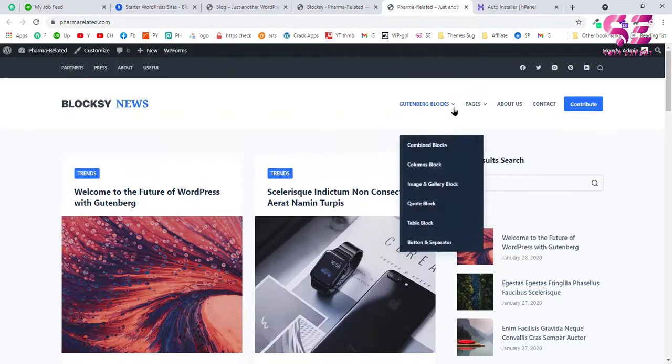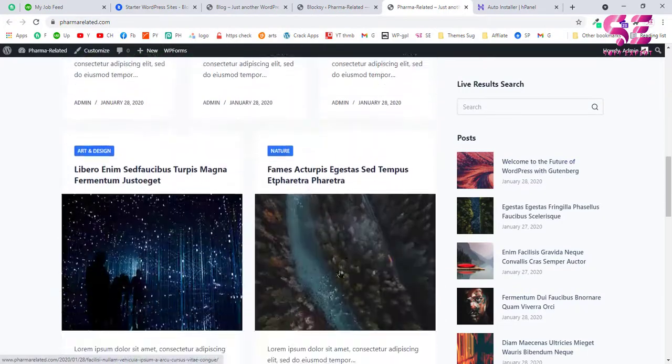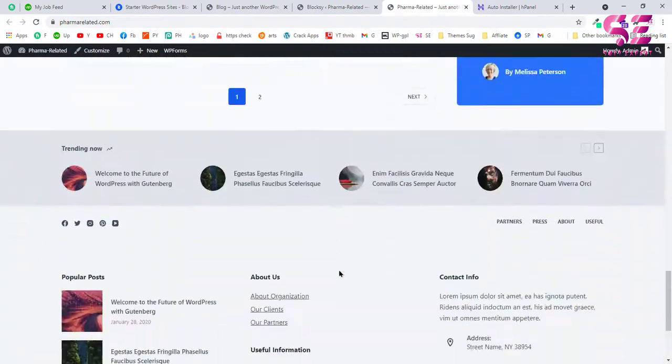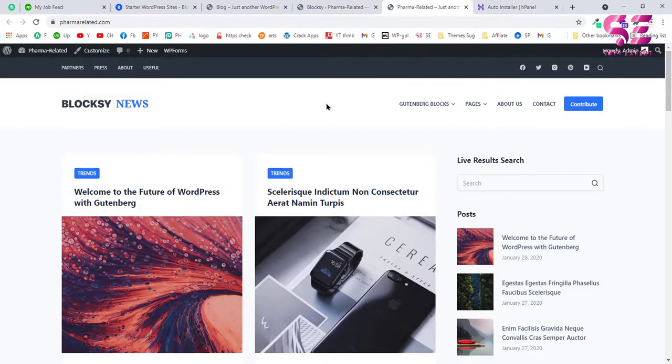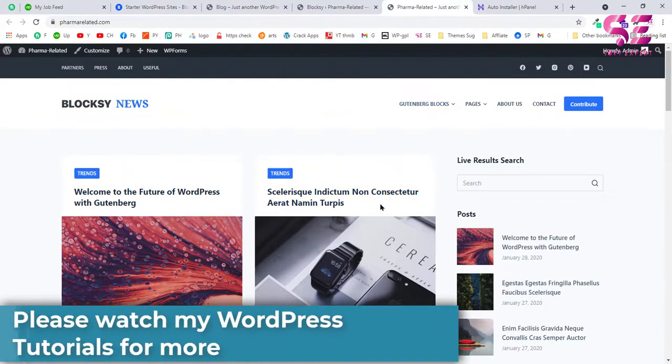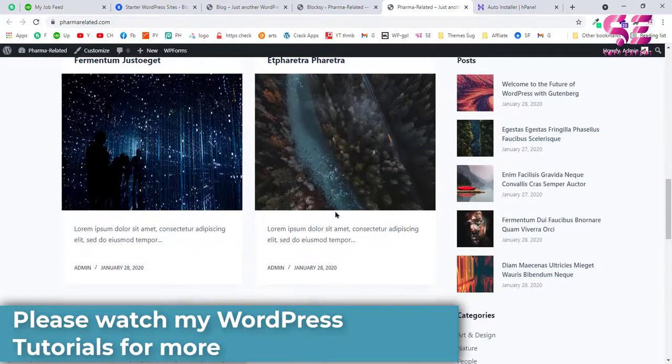As you can see, we have the menu, the logo, the post and so on. So that is how you can create this website in few minutes. Now you will have to customize the look according to your need. For example, you will have to write your own links here. You can change the colors of this theme. You can put your own logo, the menu and obviously the blog posts. Let me show you very quickly how you can customize things.